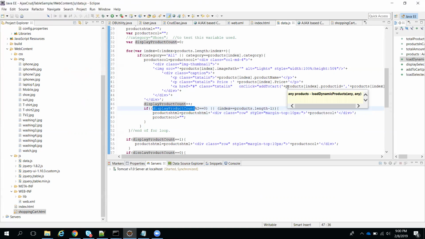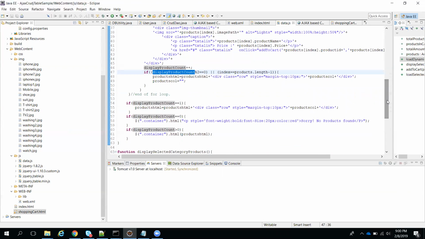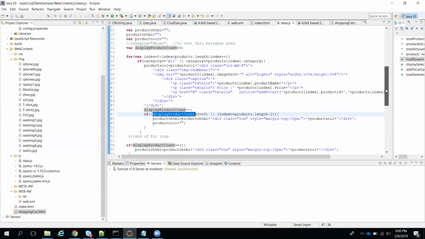When you are implementing this logic, you need to think and then implement. After that, one more problem we got when you filter the elements. Suppose for all products, based on index, it is okay. But suppose you are filtering data, and the loop runs 3 times but the category does not match any index. Then it won't enter this if condition, so the display product count is always 0.